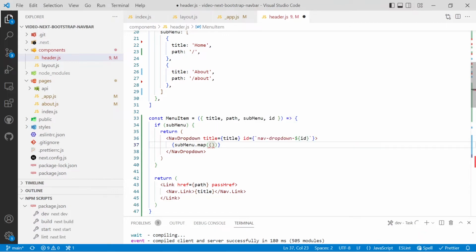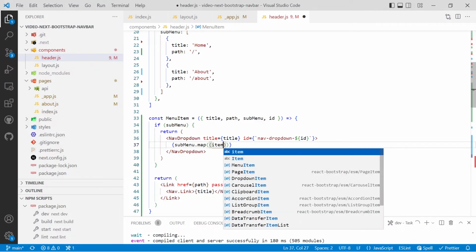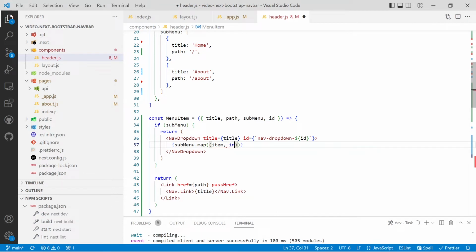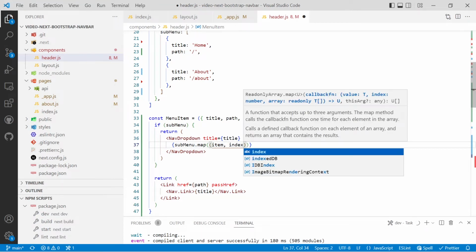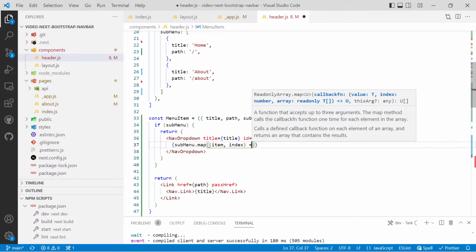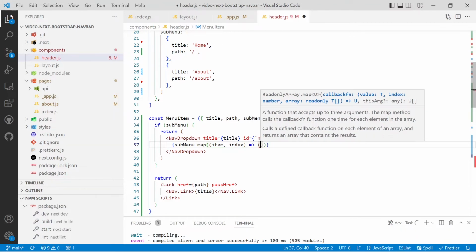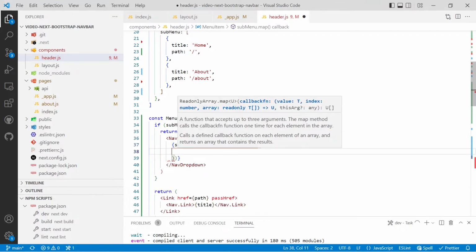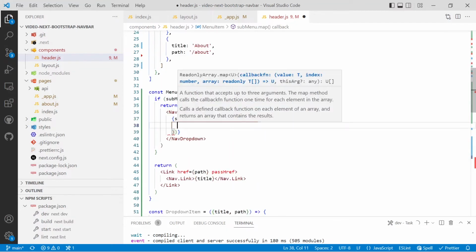So we have to place in the properties, and the first property is the actual data that's generated by the map. So we'll call that item, and then a comma, and then the next one's going to be index, and we'll just name that index to keep it simple. Then we'll use the right arrow to move across, space, create an arrow function. We'll use some parentheses for automatic return,